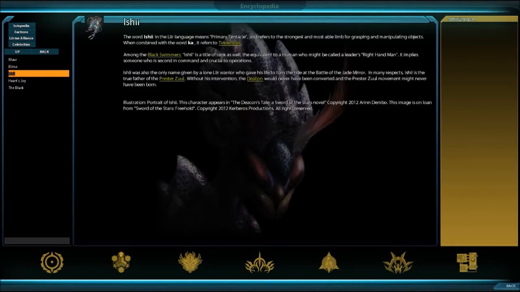Ishi, like Nishi. The word Ishi in the Lear language means primary tentacle. It refers to the strongest and most able limb for grasping and manipulating objects. When combined with the word Ka, it refers to telekinesis. Among the black swimmers, Ishi is a title as a rank as well. The equivalent to a human might be called a leader's right-hand man and implies someone who is in second command